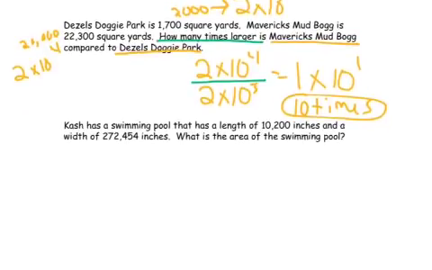Next question, we are going to do the same thing. So Cash has a swimming pool that has a length, gives us the length and the width. So let's first estimate. 10,200. If I'm estimating that, it would be closer to 10,000. And if I express this as my single digit, which is 1, times 10 to the 4th power,